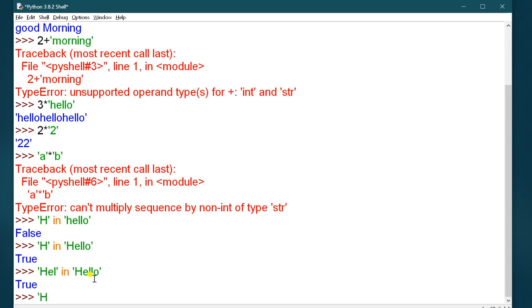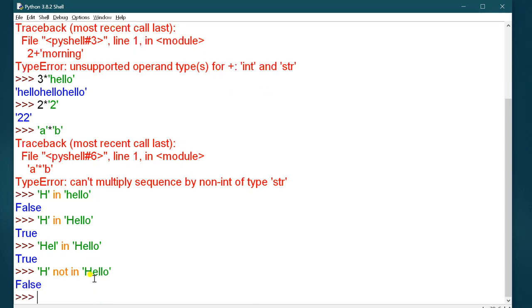For example, if I write H not in hello, it is checking whether H is not in hello, so it will give you the result false because the H is lying in there.